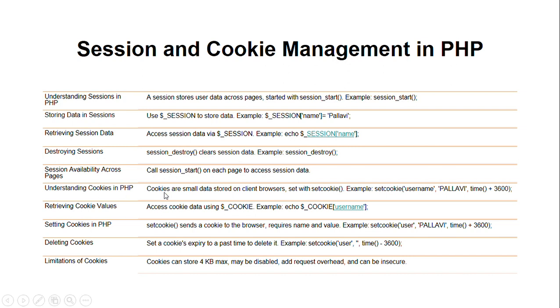Cookies are also one of the ways to store data on the web page. Cookies are small data stored on the client browser. The main difference between session and cookies is that a session gets stored on the server end, while cookies are stored on the client end. If I want to create a cookie, I will use the setcookie method. I just have to write setcookie, and in brackets the cookie name, cookie value, and the time for which it will be there